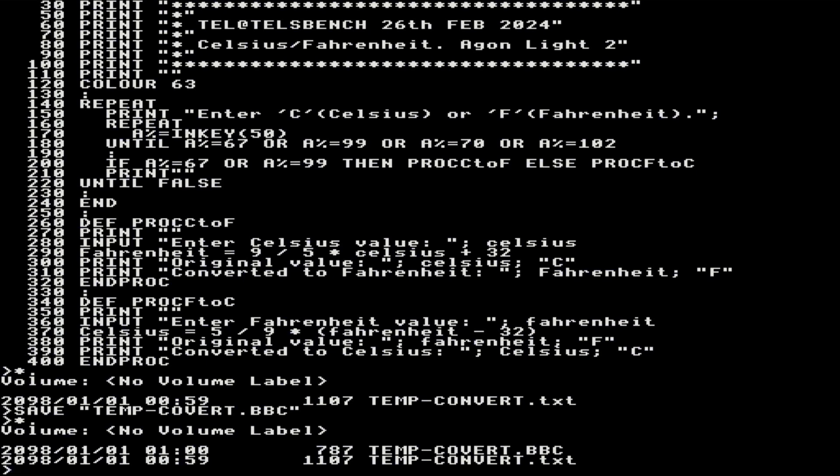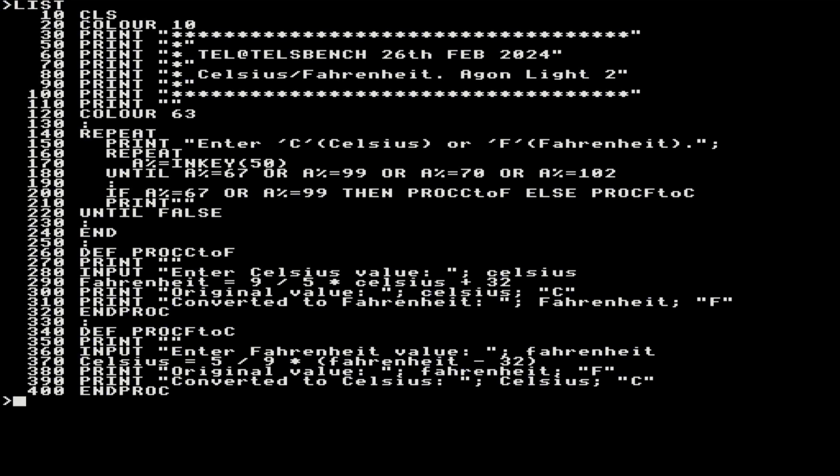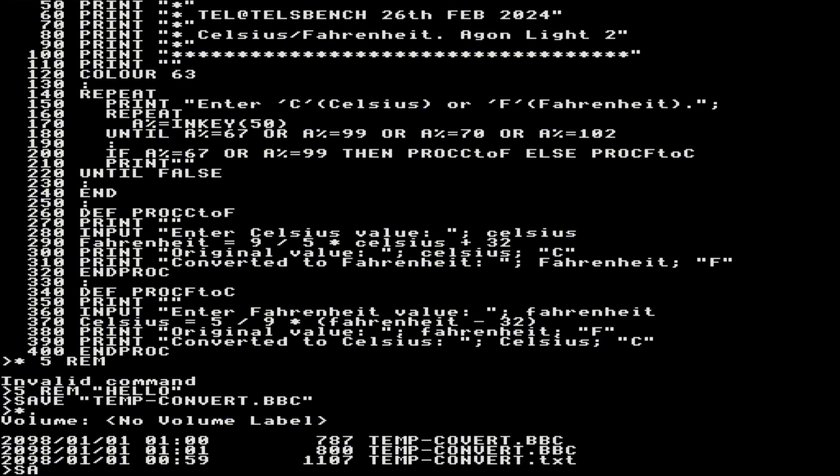Now let's CLS and let's list the file again. So I'm going to edit a file there, and I'm going to put something in on line 5 which isn't going to do any damage, just a REM statement and nothing else. Save as temp-convert.bbc. Right, so if I do a star dot there, temp-convert.bbc, if I save with the same file name again, temp-convert.bbc,